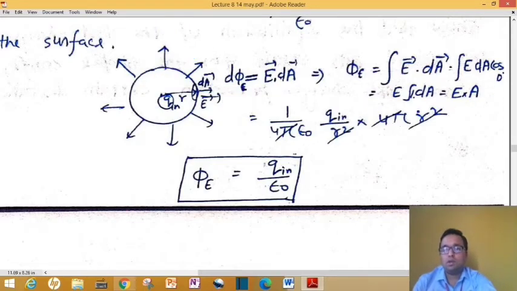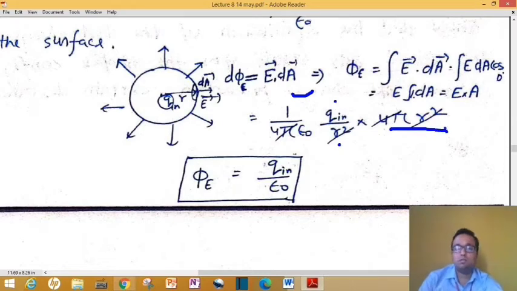So if you integrate, you have to put cos 0, and now if dA is present over here, only the electric field will be taken out of the integral. Now the integration of 1 you can understand, that is A. So our answer is E into A. The electric field we know very well, 1 by 4 pi epsilon naught Q upon R square. Okay, and the surface area of this sphere is 4 pi R square. 4 pi with 4 pi will cancel out, and R square with R square will cancel out. You can understand it. The final answer will be Q in upon epsilon naught.